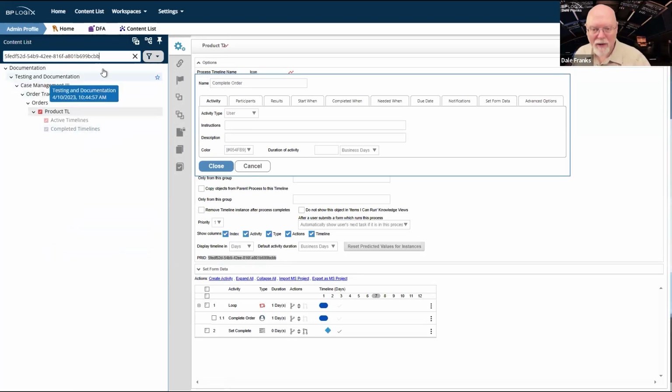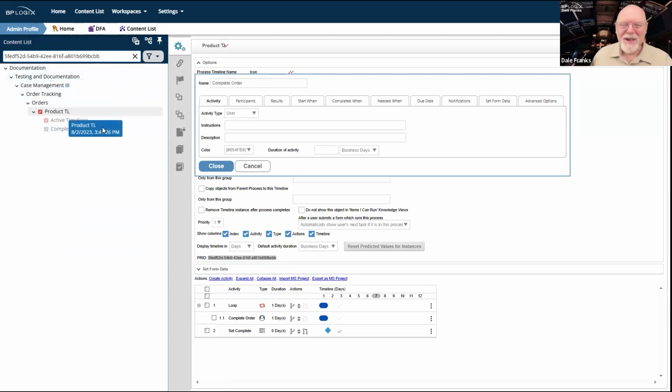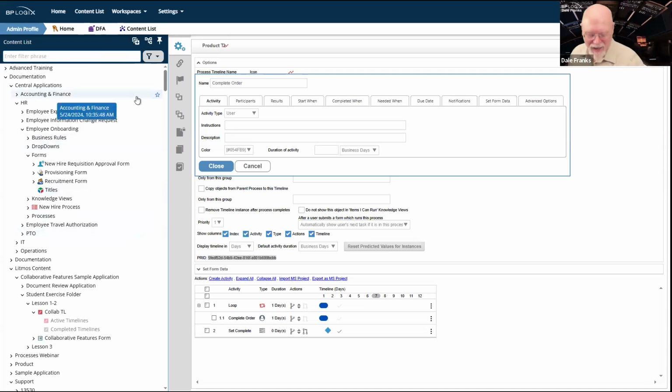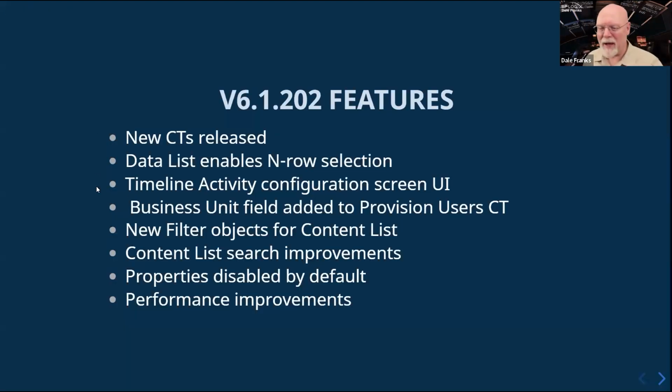It would find it for me automatically just by throwing the GUID in. This is going to be far more helpful for more hardcore developers than it would be for anybody else, but it is available there. The other thing that is cool that I do like is that we have put the X button into the search box, so I don't have to manually delete my search term anymore. I can just click the X and get rid of it. So that is a new feature that we added as a content list search improvement.